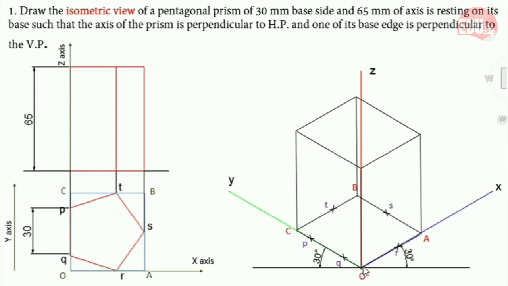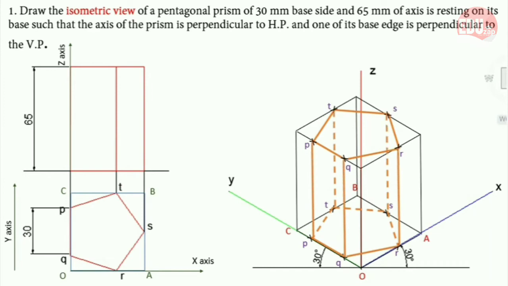So you are not supposed to take distances arbitrarily. Whatever distance you are copying, it should be along the X, Y or Z axis. Then only you will get an accurate result. And always, for drawing the view, imagine the top face as a visible one. Then you will be able to judge the hidden edges very easily.